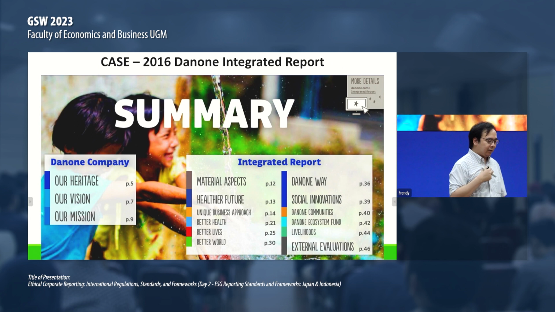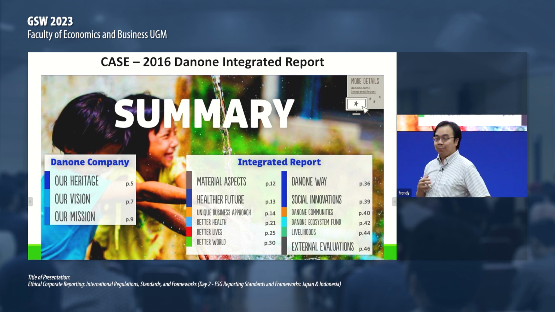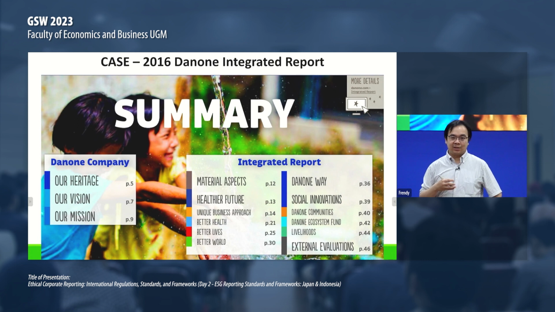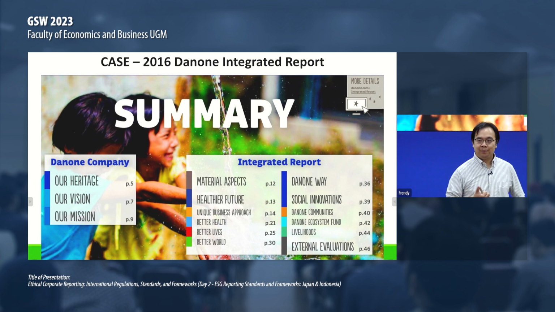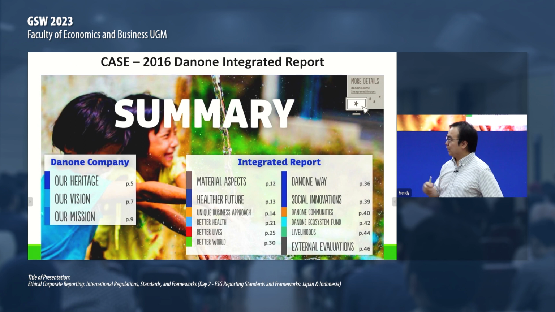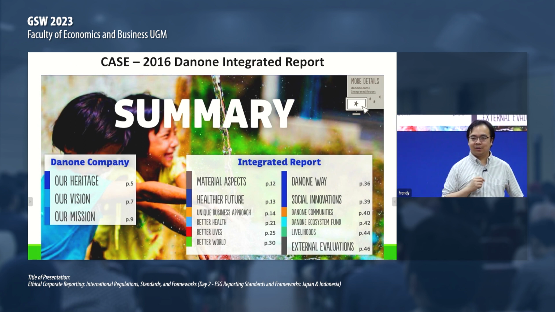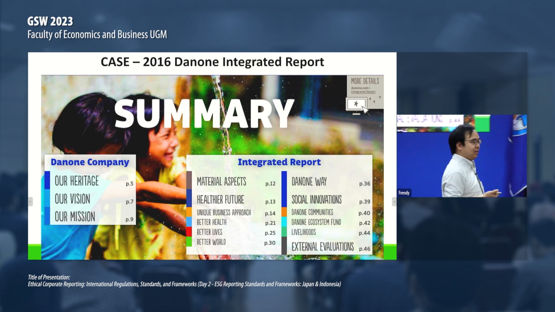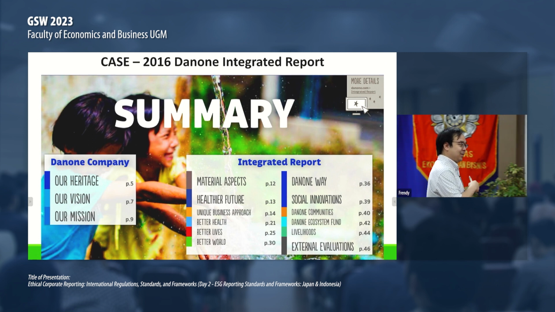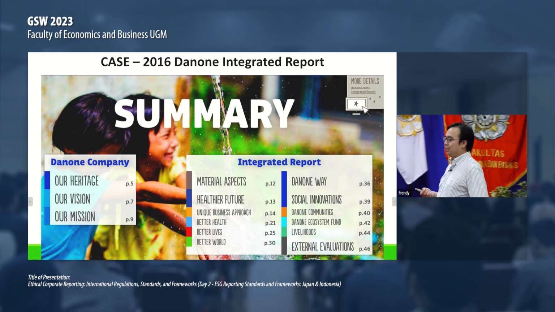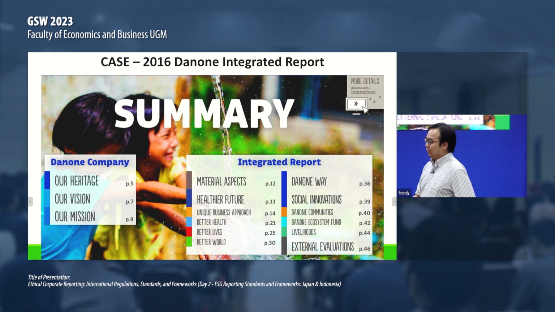Okay, take a look at this example. I believe everyone is familiar with this company. So what type of industry does this company engage in? If you want to classify it, it's Danone. What type of industry does this company engage in? Yes? Food and beverage, right? Yeah, I think that's a good coverage.